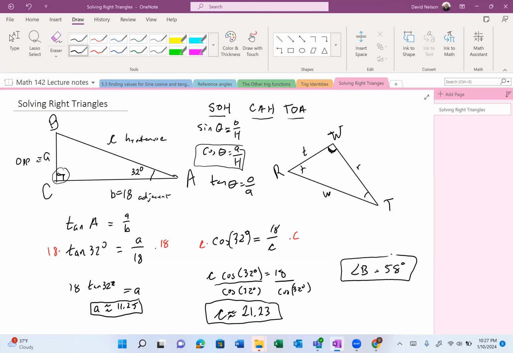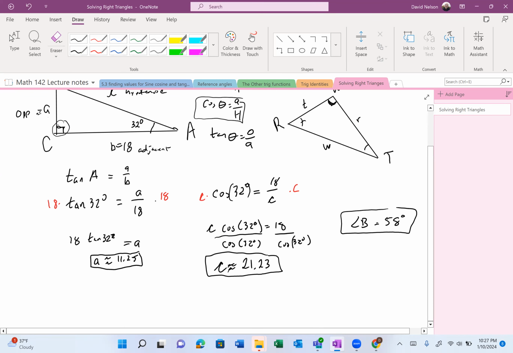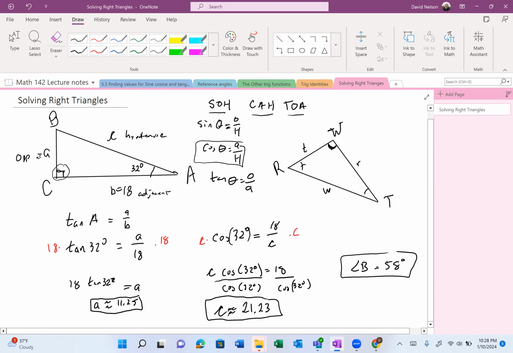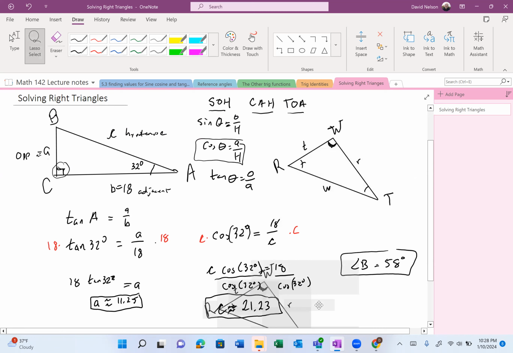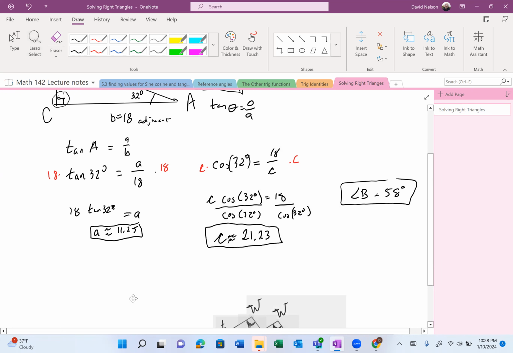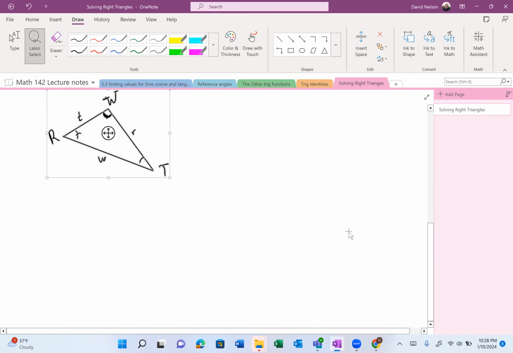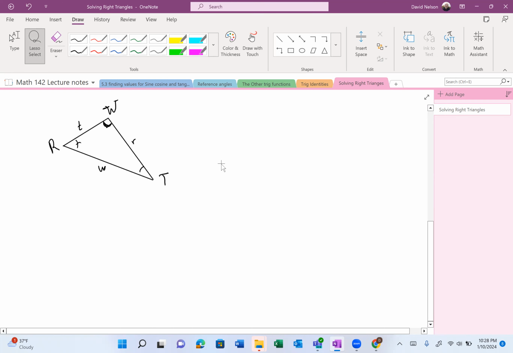All right. So it's always a good idea when you're solving a triangle, work off a picture. It's usually very helpful to do that. Let me grab that triangle and let's move it down here so we can solve it. Okay, there we are. So here's another triangle. I've got W, the right angle, and then I've got angles R and T in there. And suppose I'm told that